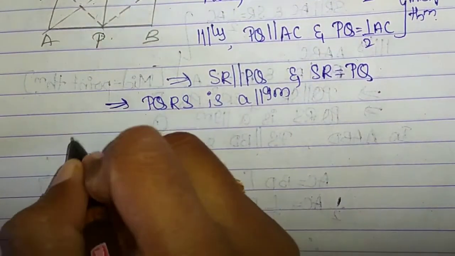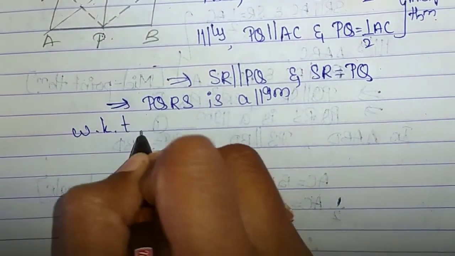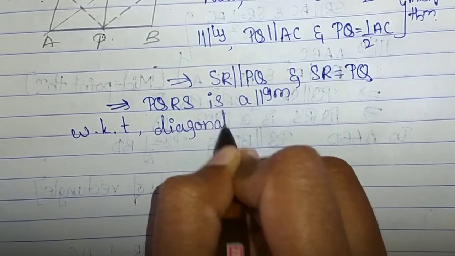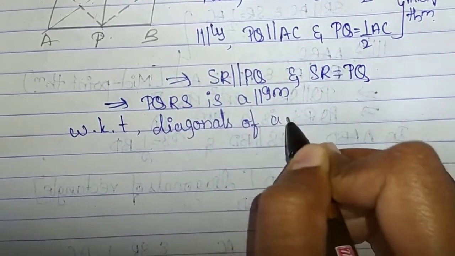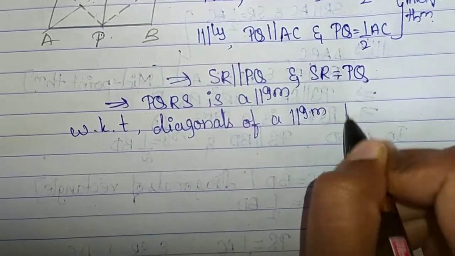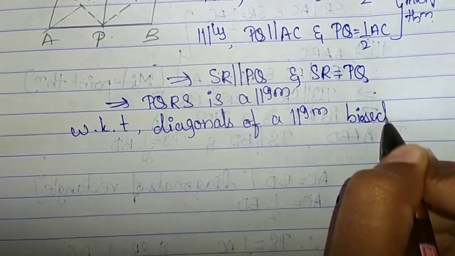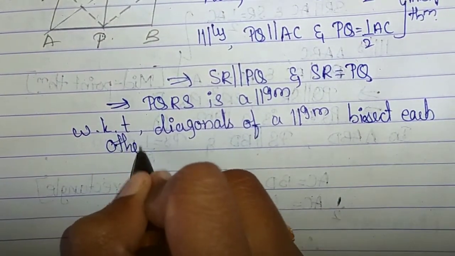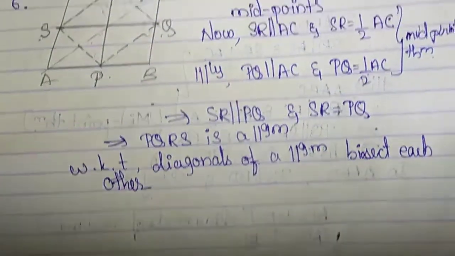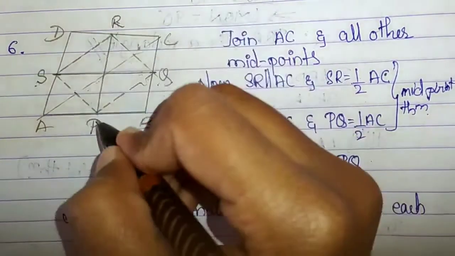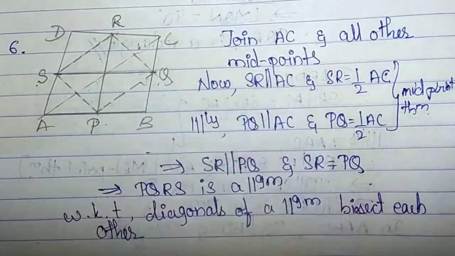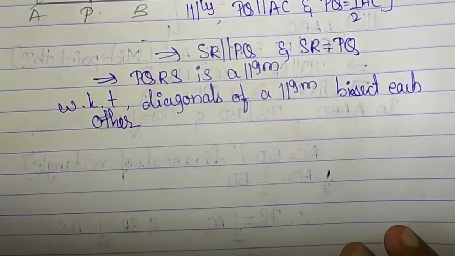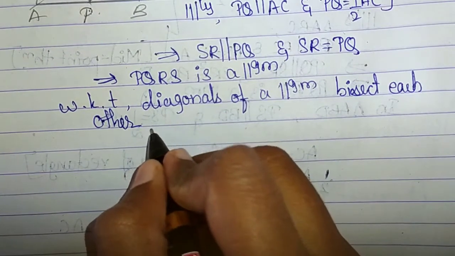Then also we know that diagonals of a parallelogram bisect each other. We proved it in the previous exercises. So since diagonals of a parallelogram bisect each other, you can see that PR and SQ are the diagonals of the parallelogram PQRS. So therefore, we know that